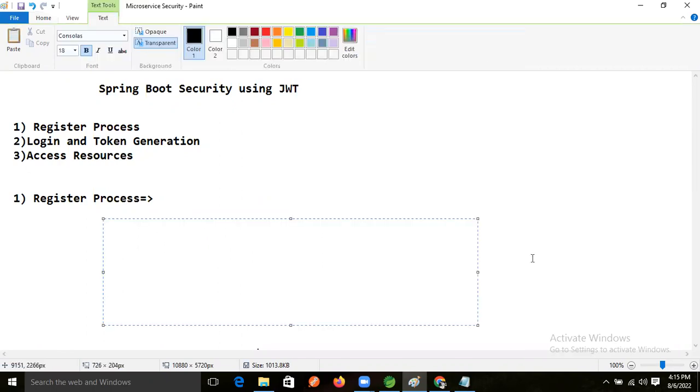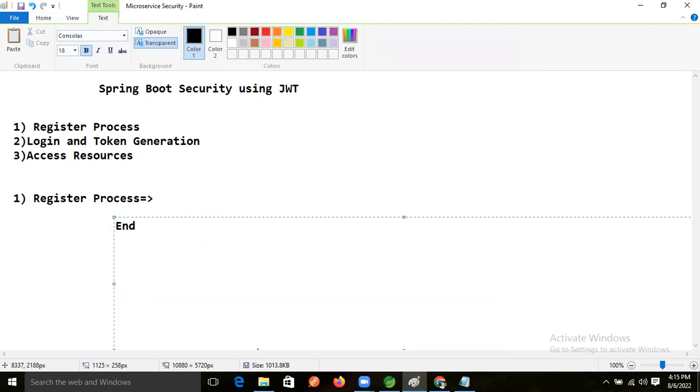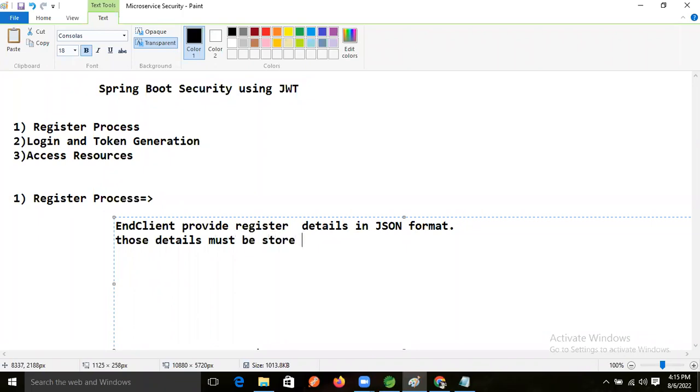The end client provides register details in JSON format, and those details must be stored in the database